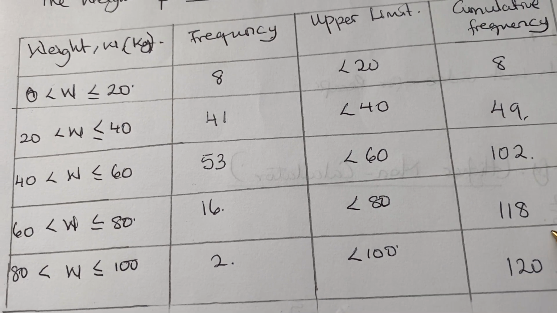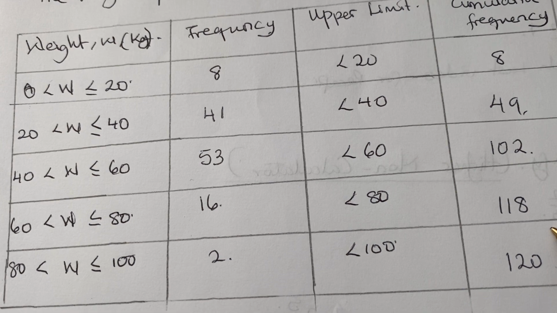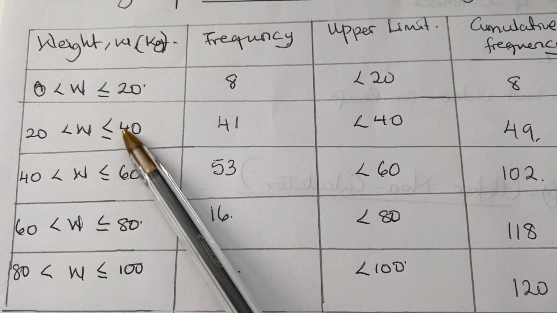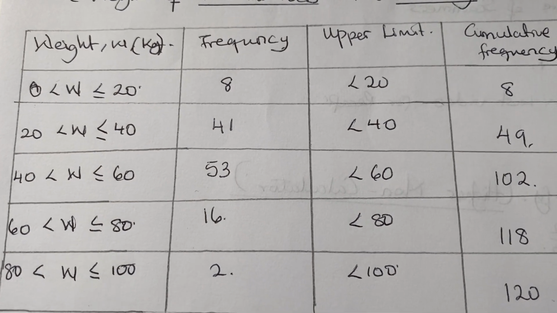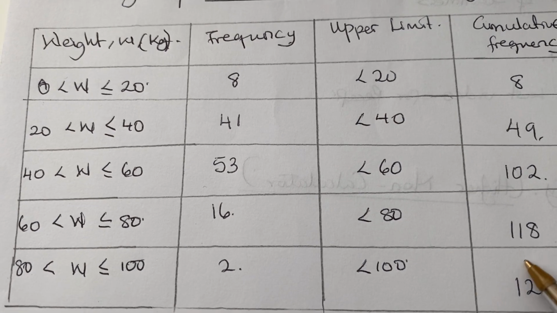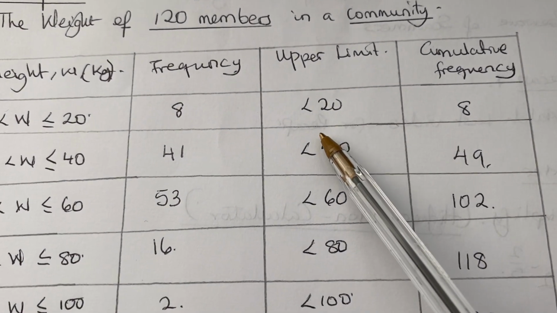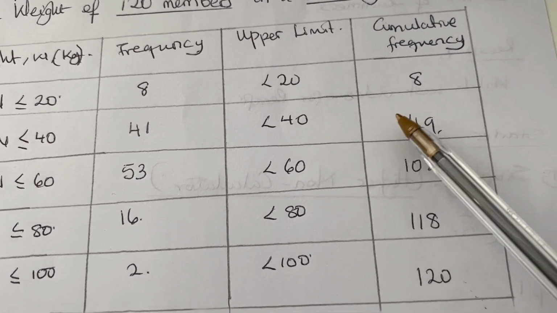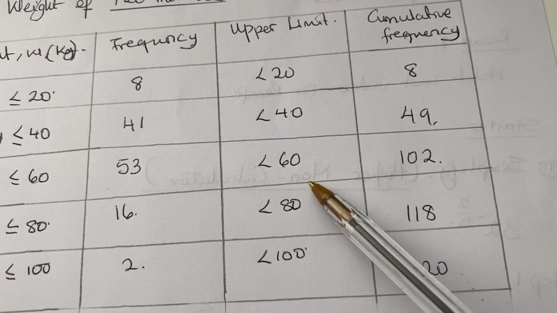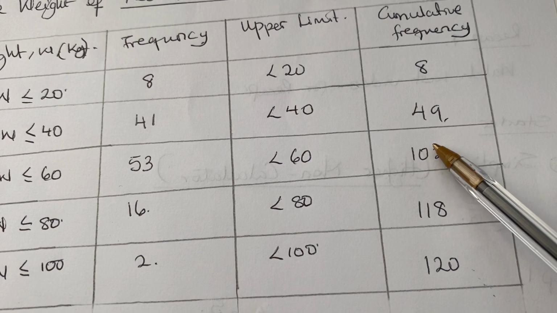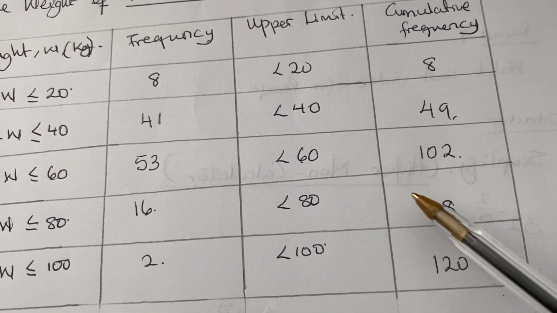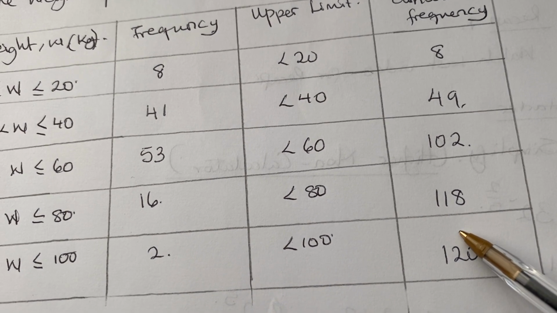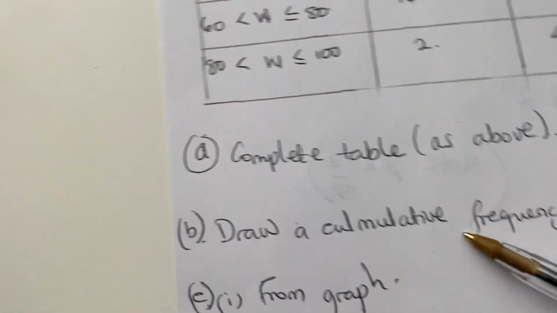118 plus 2 is 120. Okay, so we've done the two tables. You use your upper limits to plot against your cumulative frequency. So now on your graph you have 20, 28, 40, 49, 60, 102, 80, 118, 100, 120. Okay, so it says